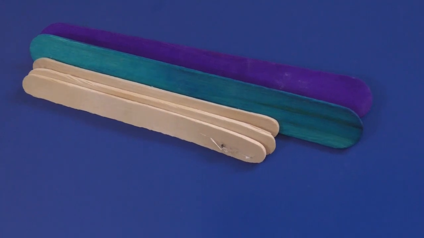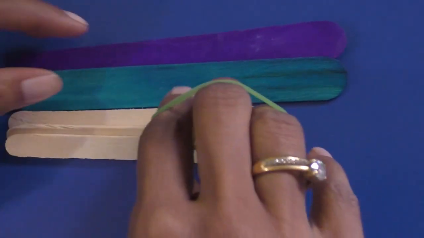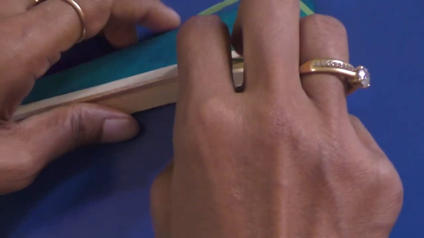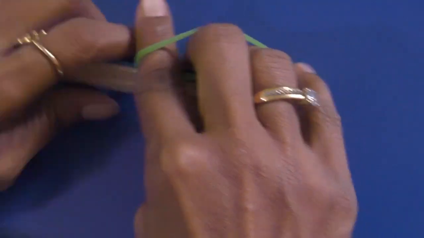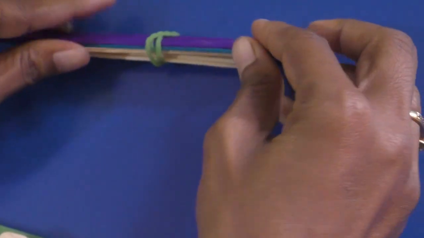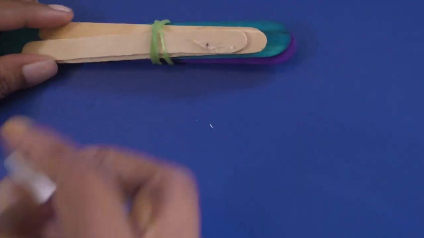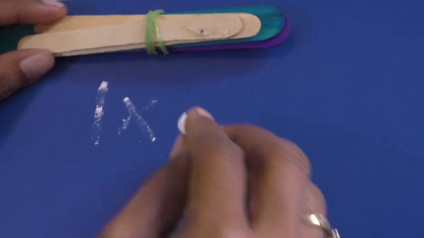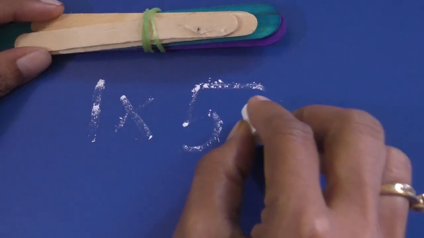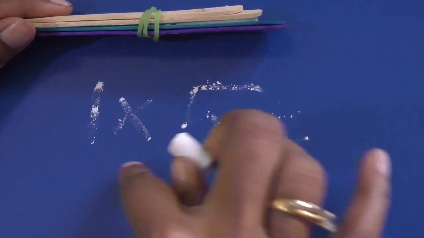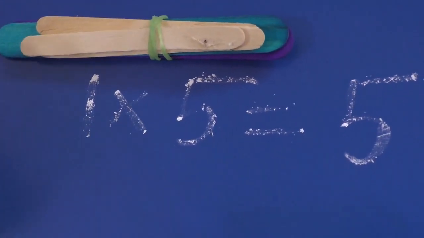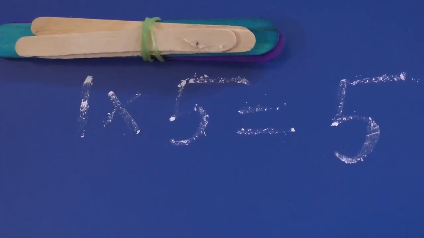Now 5's table we'll build with help of ice cream sticks. Here you can see 5 sticks are there. 1, 2, 3, 4 and 5. So we'll make a bundle of 5. Okay. So the first one, you can see 1 group. So what we'll write here? 1. 1 into how many sticks are there? 5. So 1 into 5, how many are there? 5. So one group with 5 sticks will give us 5.